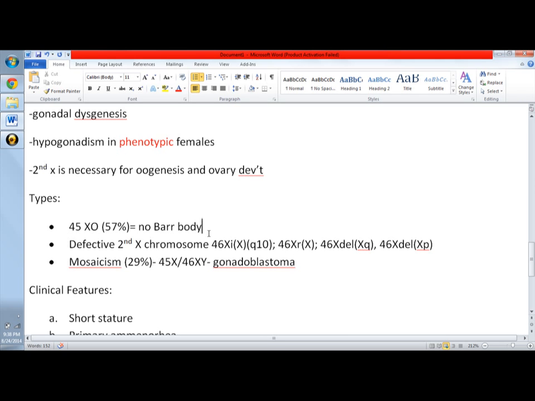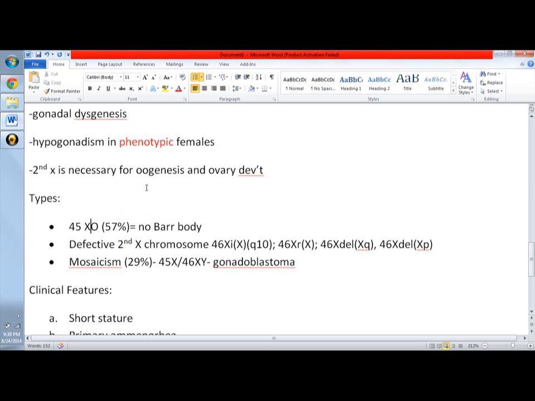A Barr body is present when there are two or more X chromosomes, since those extra chromosomes will be inactive or will present as the Barr body. Actually, the Barr body is an inactive X chromosome. So, since there is no extra one, there will be no inactive X chromosome, and it will present with no